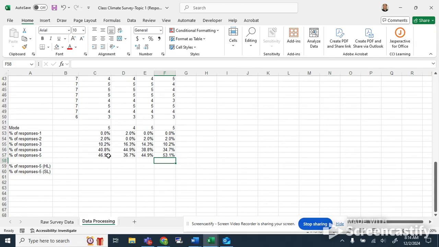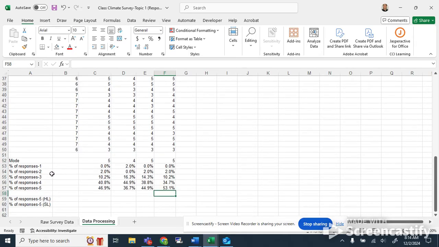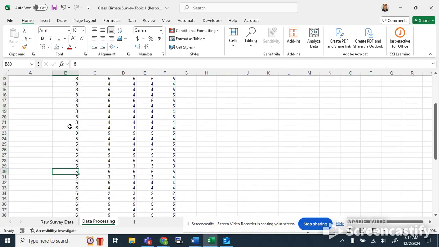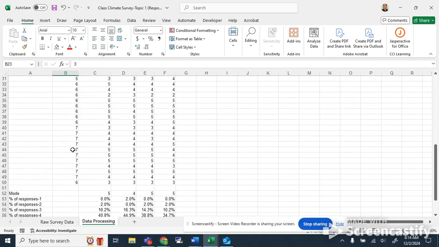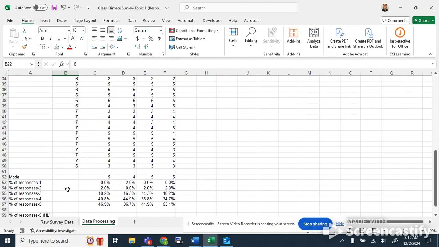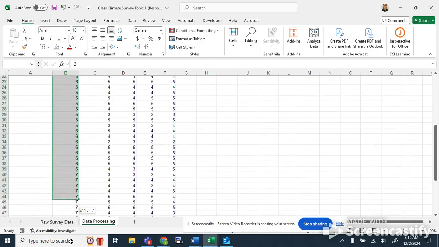Okay. So you can also do this not only by overall groups, you can also do it by subgroups. For example, this is class data. Periods 2 and 3 are HL. Periods 5, 6, and 7 are SL. You might notice here that I have some things out of order, where I got one random 6th period, and one over here. If you want, you can always have Excel organize data for you,